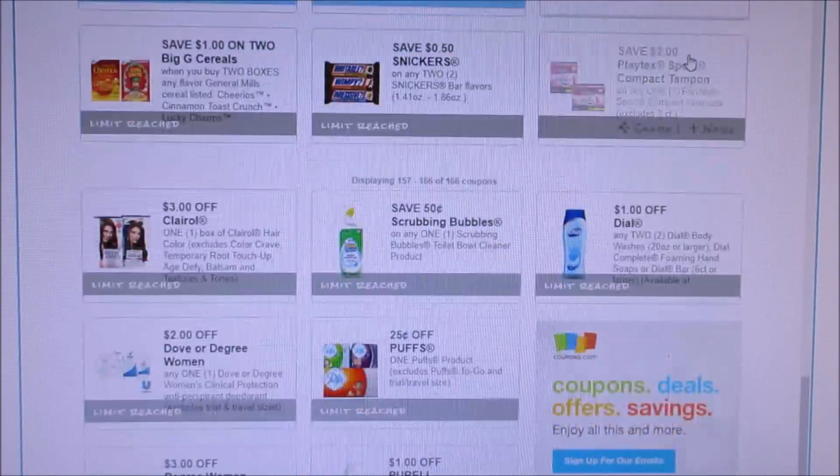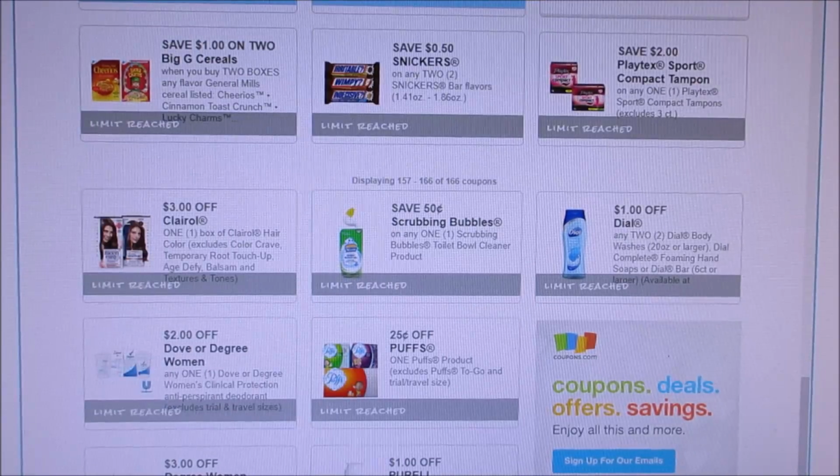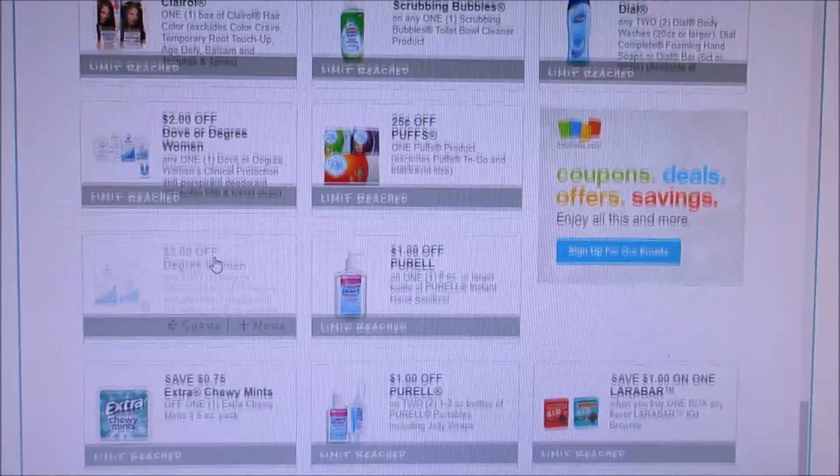But I know they added the $2 off the Playtex and Snickers, so those are my coupons that I am